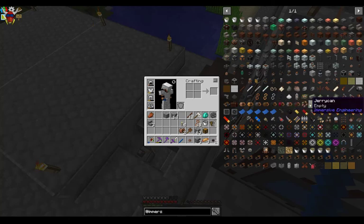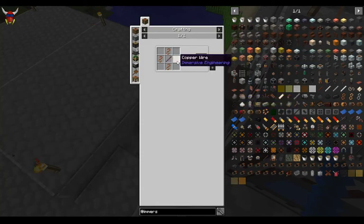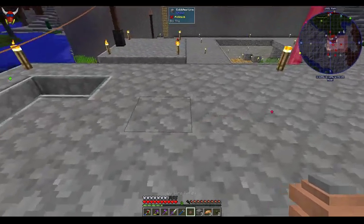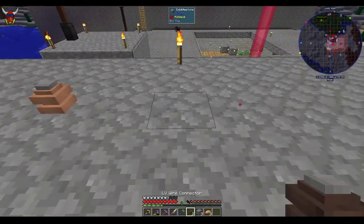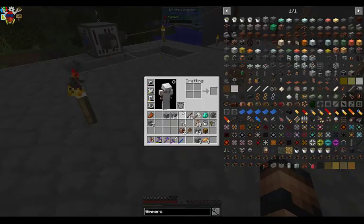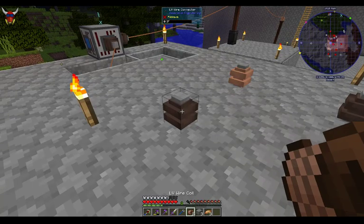Let's take a look at this. You can get really crazy with this wire and stuff out here, but this is what they are. So copper wire around a stick, and you get 4 of these. So let's go over this real quick. Now there's a couple types of connectors here, and you're going to see that wire connectors, as far as I have seen, and they changed this from the early versions of this,